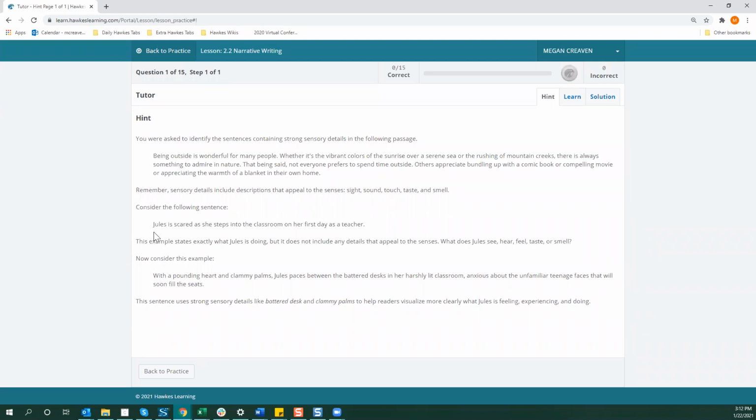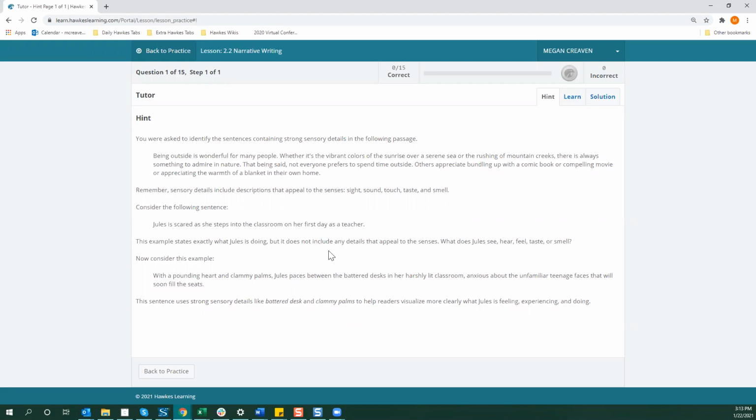So it's giving me a sentence, and then it's telling me this doesn't include any details that appeal to my senses. What does Jules see, hear, feel, taste, or smell? And then gives me an example with a sentence that does use strong sensory details, such as a battered desk